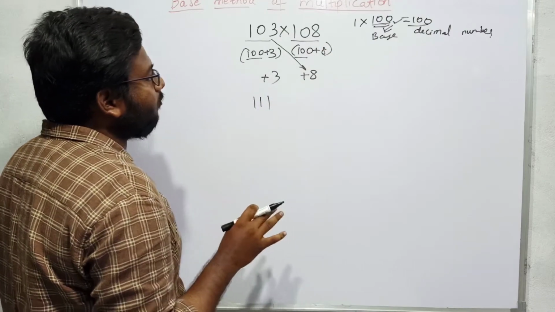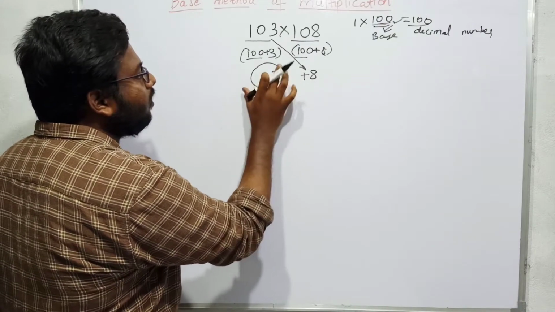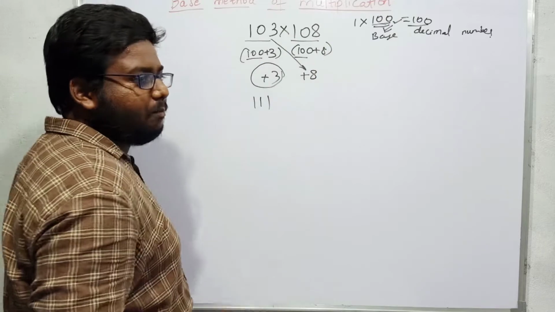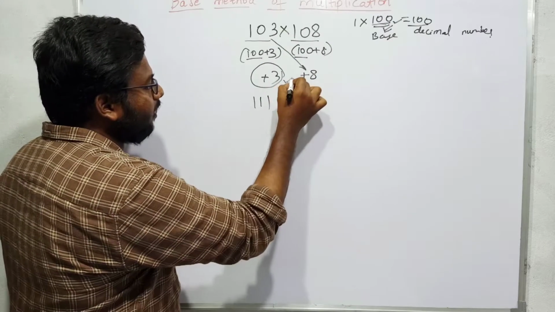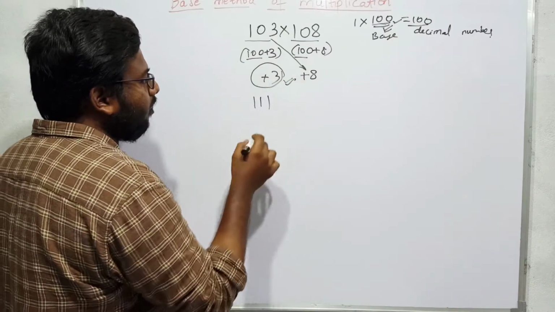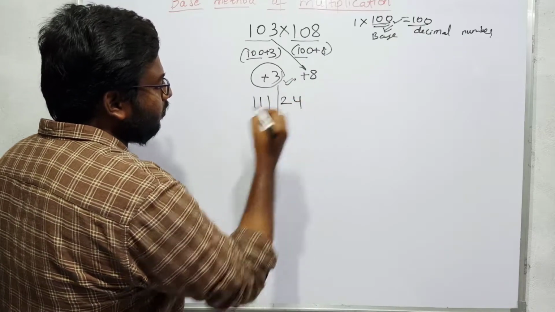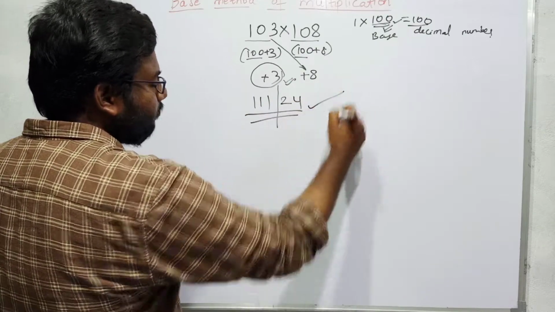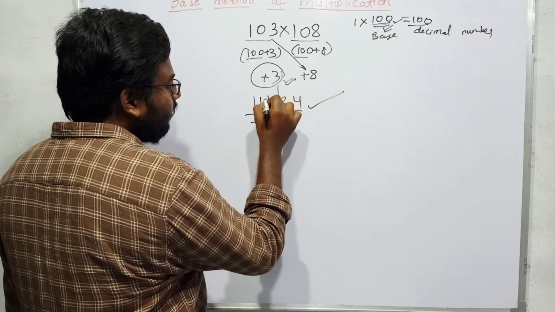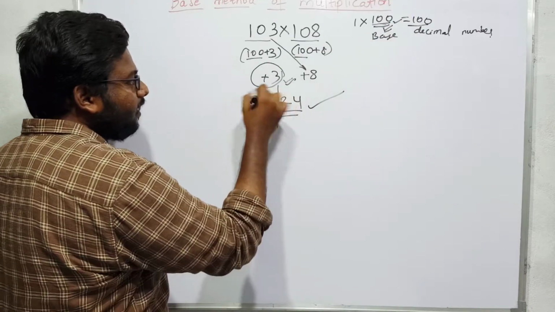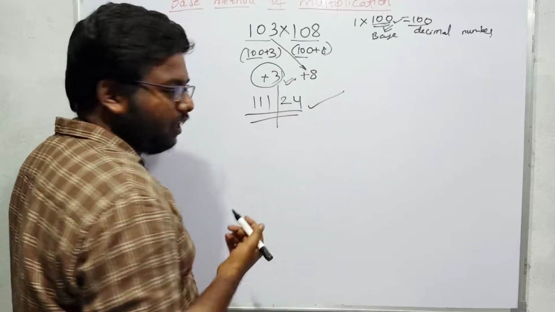So from here what we understand is, if we operate with the smaller of these two numbers, it will be very easy, because addition or subtraction with the small number is very easy. So always operate on the small number. So 111 I got, after that I put a slash, and 3 8s are 24. So I will merge this and write it as 11124, because this 111 is calculated on the base 100. So after 111 I can permit 2 digits and the number will be 11124.